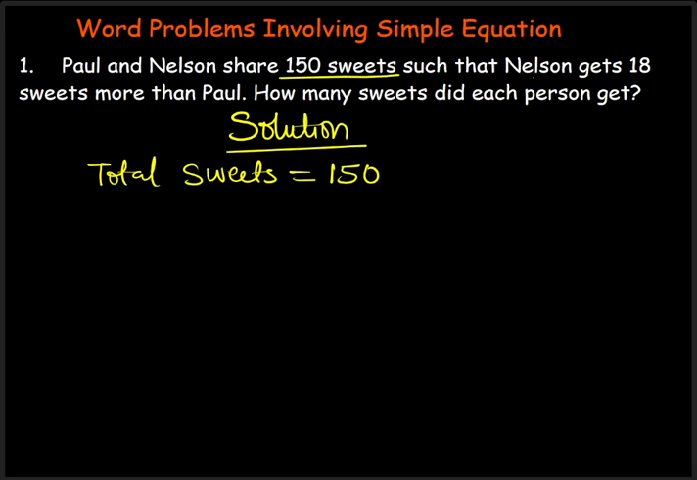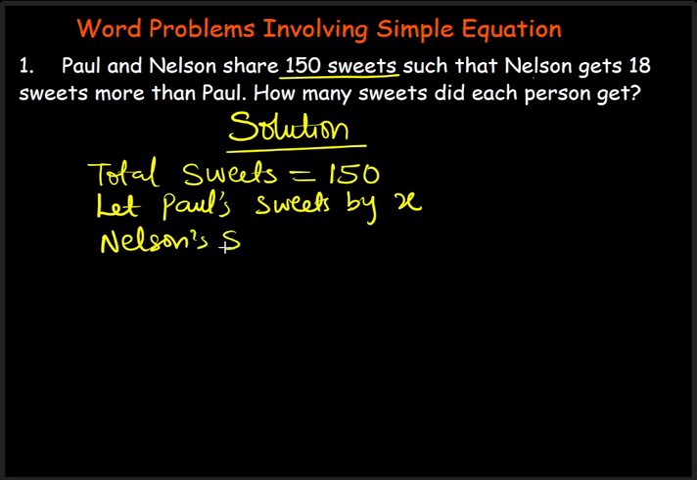Remember what we did in the previous video. Nelson's number of sweets depends on what Paul gets. So that means we need to get Paul first. And then we have not been given the number of sweets Paul got. So what we have to do, we have to assume. So we say, let Paul's sweet be X. So if Paul's sweet is X, then Nelson's sweet